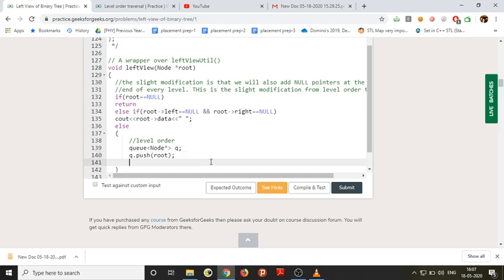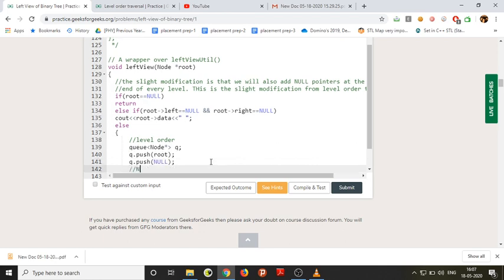Now there is a slight change here. We will also push a null pointer. Null pointers are pushed after every level.